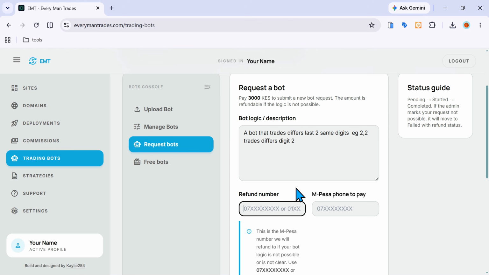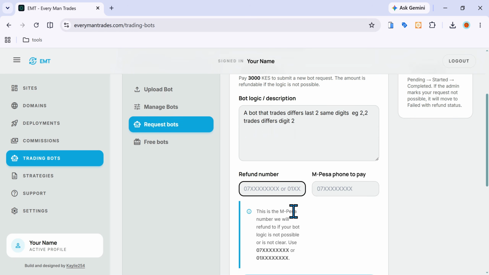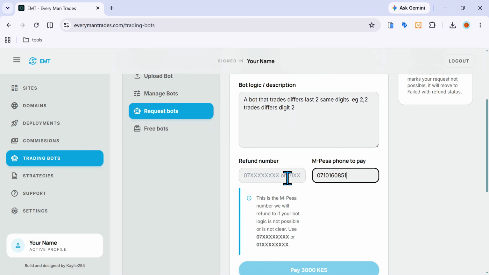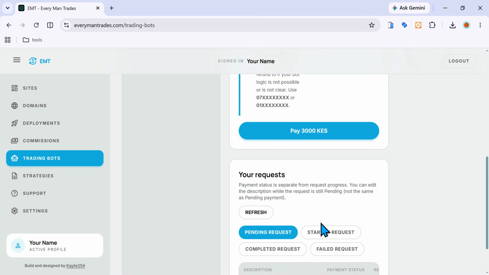Your refund number basically is the number that, because you're going to pay this fee here for the bot, if your logic is not clear enough or is not possible, then the money will automatically be refunded to your refund number. And here you'll put the number that you're going to pay for the bot with. So for example, let me just put it, and then you'll also put your refund number. If the same number applies in both cases, then you just click it